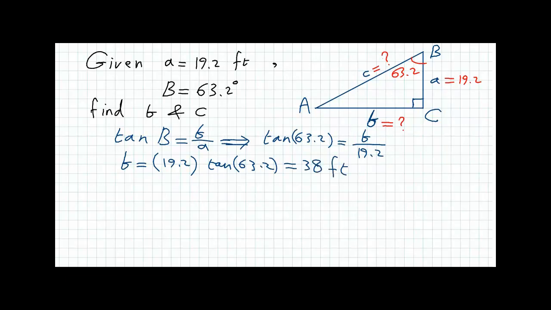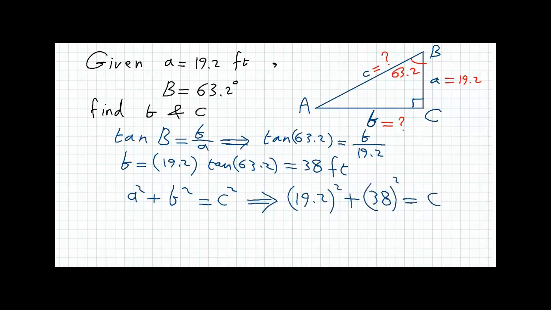Then to find c, we will use the Pythagorean theorem. So a squared plus b squared is going to be equal to c squared. From this, we can say that 19.2 squared plus 38 squared is equal to c squared. If we solve it, we will have that side c is equal to